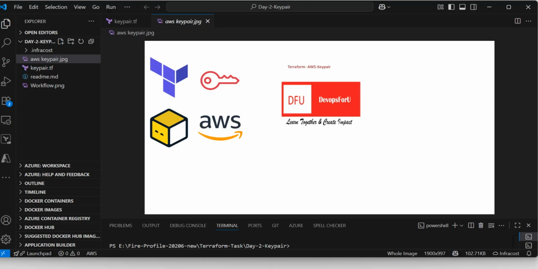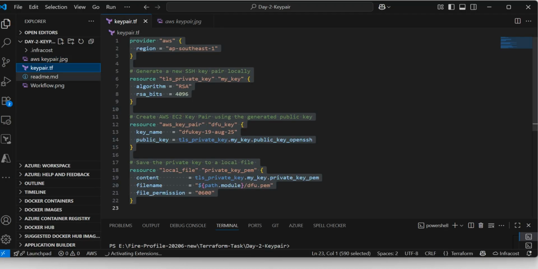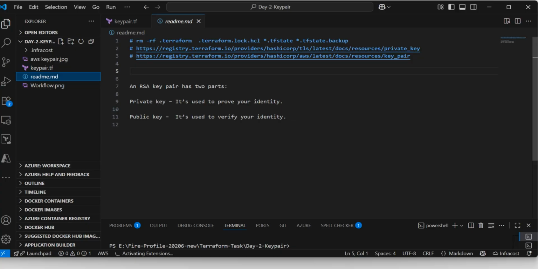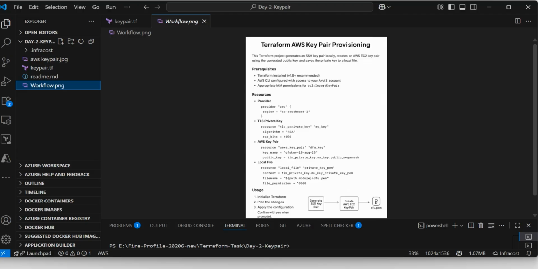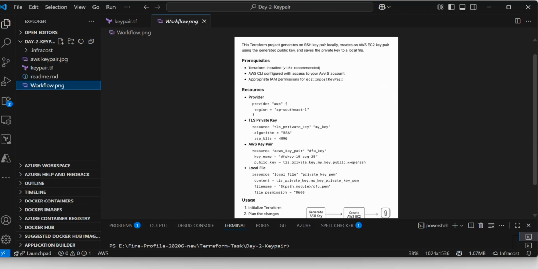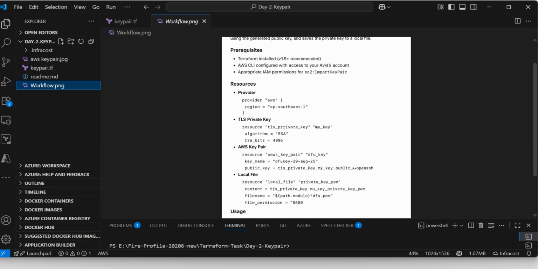So let me show my code. This is my readme.md, and here we are going to see the workflow we are going to create today. Today we are going to create a TLS private key that has the private as well as the public key. Okay, and using this, an AWS key pair